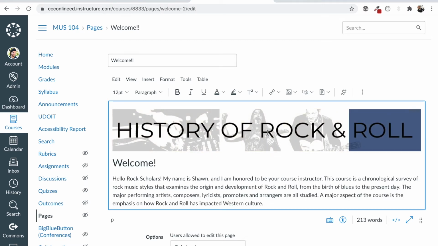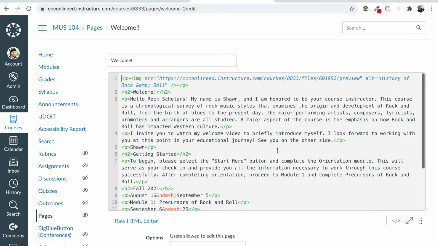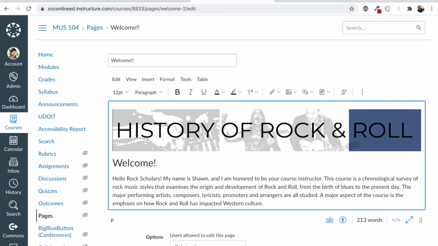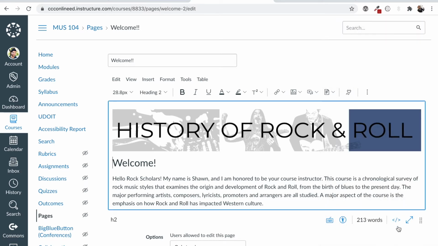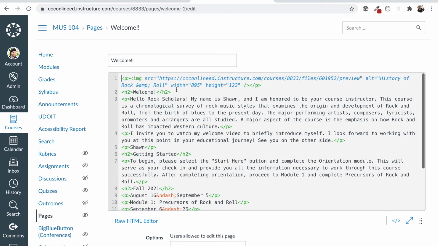And what about the size of the image, right? If I go to the HTML, I can see that currently there's nothing assigned for the width and the height, but I want to show you something. If I go to image options and I see that it's set to 895 width and 122 height, I'm going to just select done. So now I go back to HTML and it gives me that option to change this.